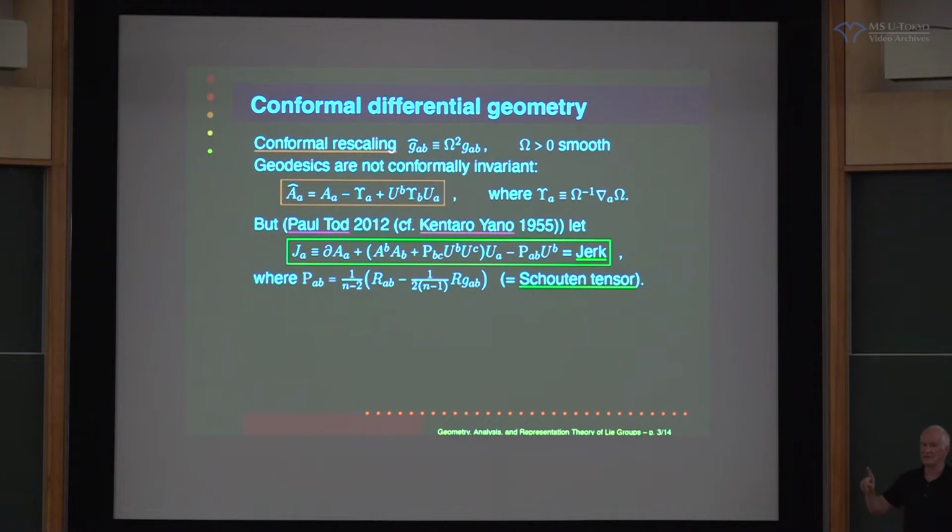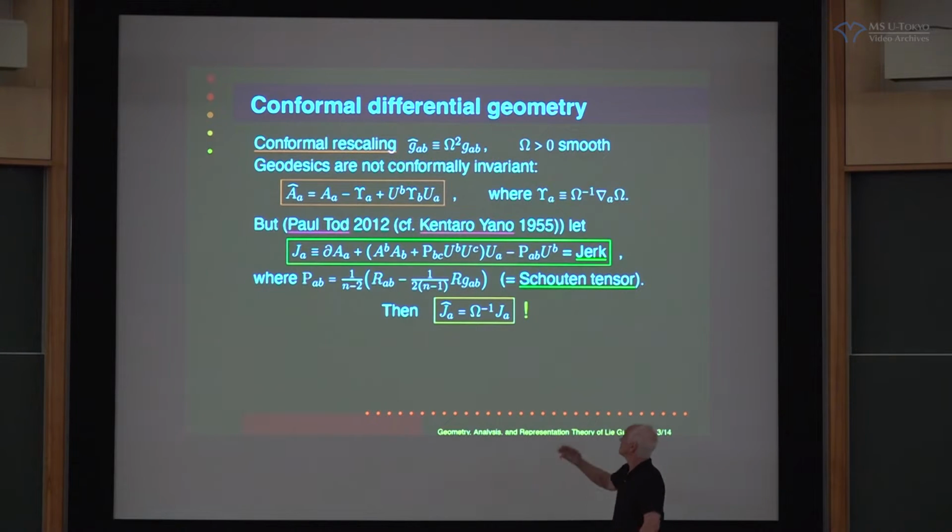And amazingly, now this is the amazing thing, if you rescale the metric, and remember when you rescale the metric like this, all of the new tensors that I obtain by exactly the same formulae by using the new metric, so the new derivative acceleration modified in this way changes in a really, really nice way. It only scales. Okay? No derivatives, right? So you'd expect second and third derivatives of omega in here, but there are none. It all washes out. So this curvature and these other correction terms are carefully designed so that everything cancels.